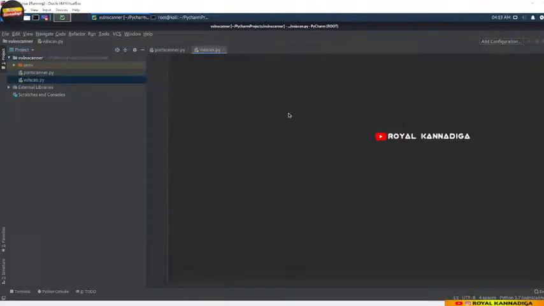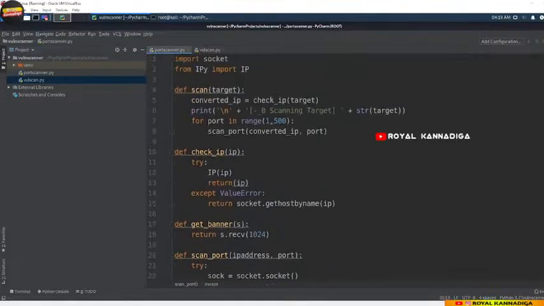Now first thing that we want to do is of course to import our port scanner, which makes sure that it is in the same directory. That is important, and that is actually going to be the only library that we are going to need, since these two libraries, which are going to be the socket library and the IPY library, are already imported inside of this port scanner program. Alright, now you might notice once again that this IPY is actually red underlined, which means that this library does not exist inside of this virtual environment, and